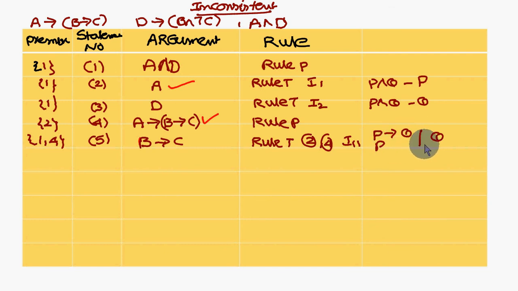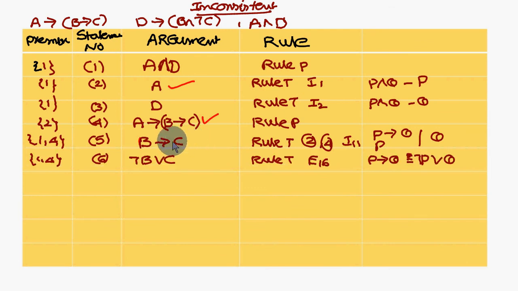P gives rise to Q. Next, I am rewriting this one: P conditional Q can be written as not P or Q. So not B or C. Next, I am introducing D conditional B and not C. But in the 6th statement not B or C is there, and here B and not C is there. Here it is 'or', here it is 'and'. So in the 7th statement I want to convert this 'and' to 'or'. How will you do that? By applying a negation.